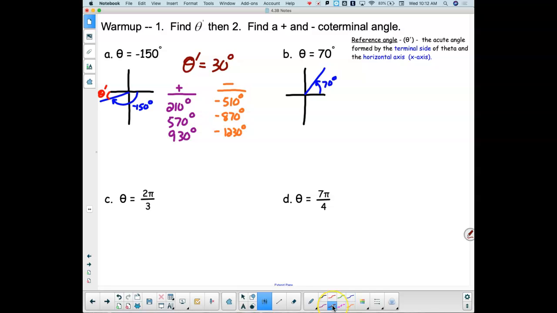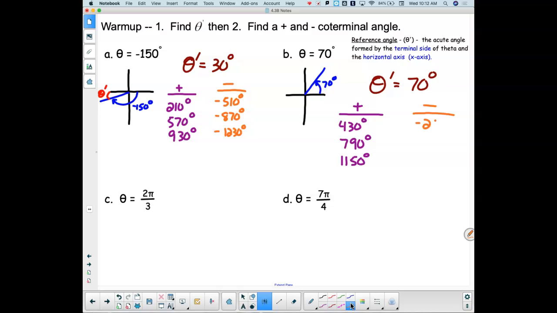Yes? It's a quadrant 1 angle. Quadrant 1 angles are their own reference angle. So theta prime is 70 degrees there. Okay. Positive coterminal angles to go along with that would be 430 degrees, 790 degrees, 1150 degrees. Negative ones would be